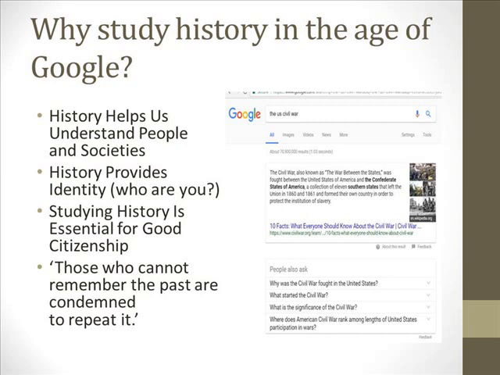So a fair question that comes up a lot with students is, why do we study history these days? When I can go in and look up anything I want on Google or any other search site on my phone that I carry around with me, and I can pull up thousands of bits of information, every fact I could ever want about, as shown in this picture on the right-hand side, the U.S. Civil War. I can absolutely get all the data that I want. Why should I study it? Cram my head full of facts and figures when I can just look that information up? And that's a fair question, I think.